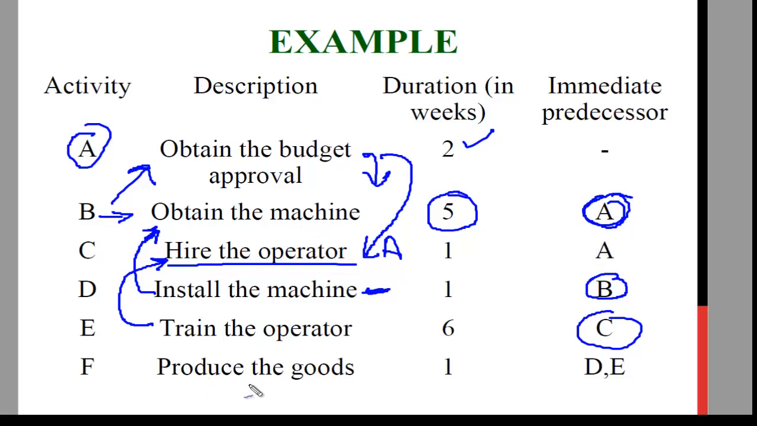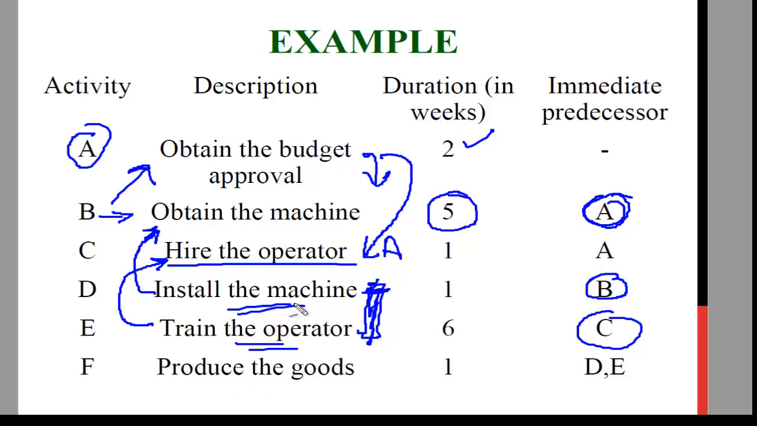And then you can produce the goods. Now you can produce the goods only when the D has happened, that means you have installed the machine and you have trained the operator. So produce the goods cannot happen if these two together have not happened. अगर install the machine और train the operator दोनों नहीं हुए हैं तब तक आप goods नहीं बना सकते।